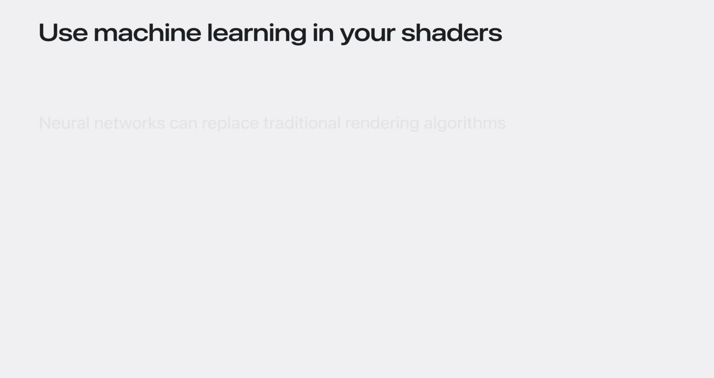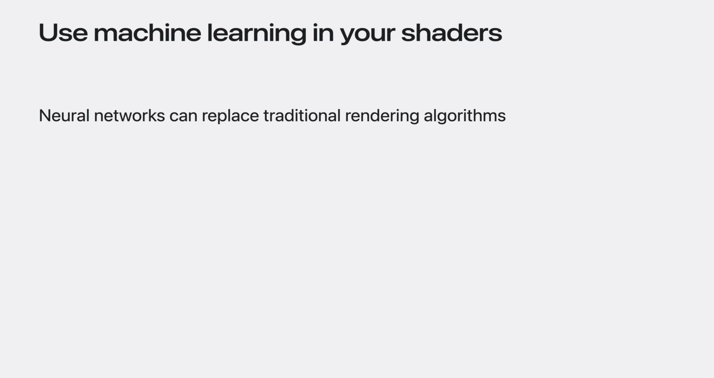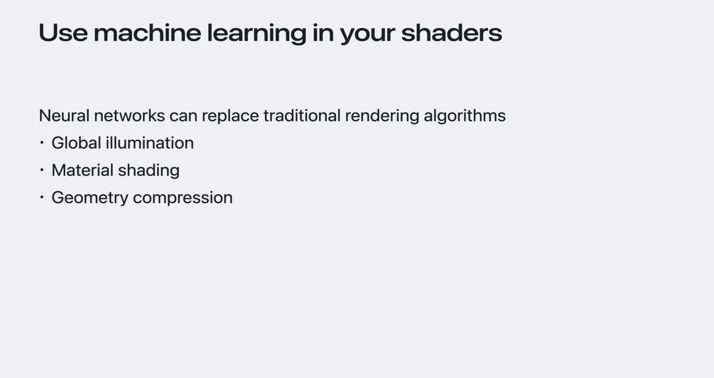Cutting-edge games are adopting machine learning to replace traditional rendering algorithms. ML-based techniques can offer solutions for global illumination, material shading, geometry compression, material compression, and more. These techniques can often improve performance or decrease memory footprint. As a motivating example, let's consider neural material compression, a technique that enables up to 50% compression when compared to